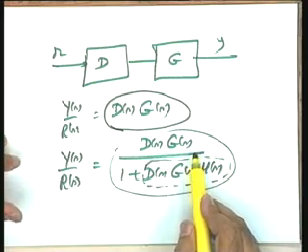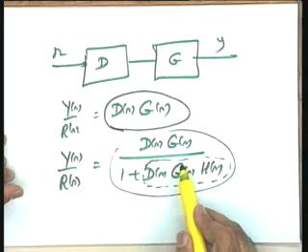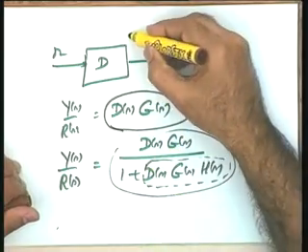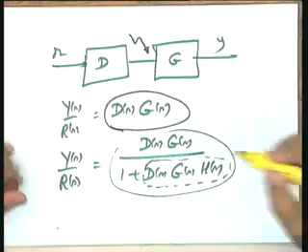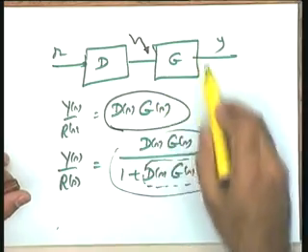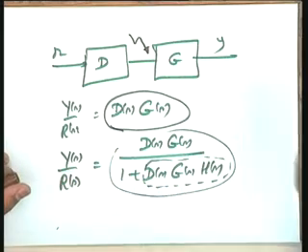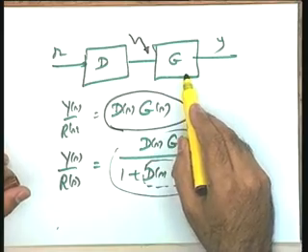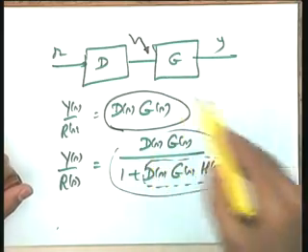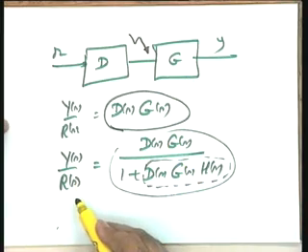So you see that, though it is definitely a disadvantage, the advantages outweigh this disadvantage, and it can easily be taken care of by having an appropriate open loop gain in the system. Suppose this is the motor, and the open loop gain of the motor is made high, that is, the selection of the motor is such that the gain of the motor is high. I will keep it high because I know that I am going to use it in the feedback loop, and in the feedback loop the overall gain of the system is going to be reduced.